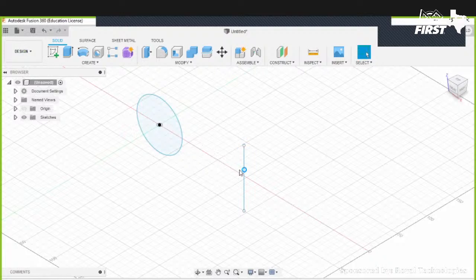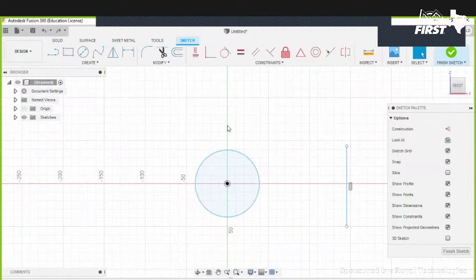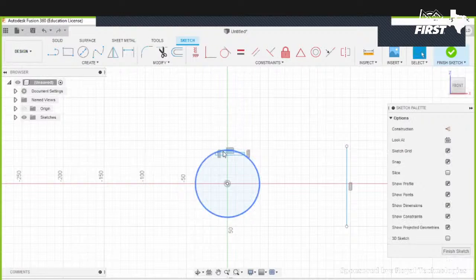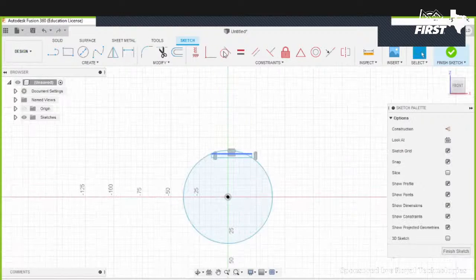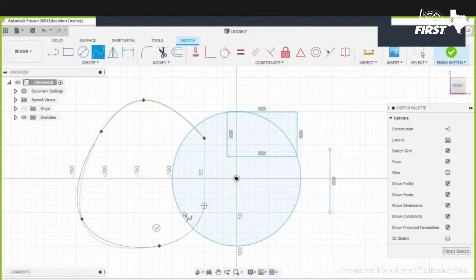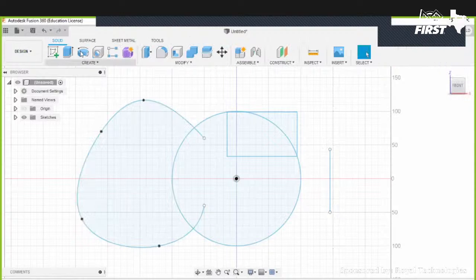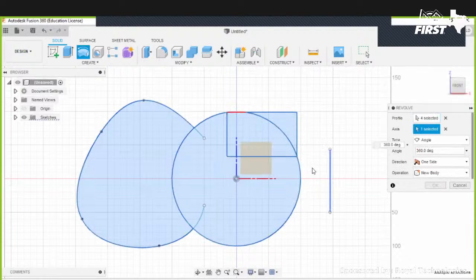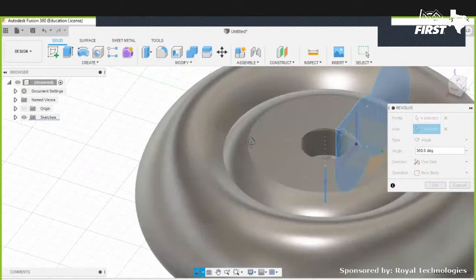And again, you can use any shape. So let's get something a little bit more interesting. Let's go ahead and get a box, maybe from there to there. We'll pull it up. Oh, let's try pulling that up a bit. I'm just kind of doing whatever at this point. I can get a spline. I can get any shape that I care for. So I'm going to click that. And now I'm going to make this all one profile. So I'm going to click Revolve. I'll click that, that, and that, and that. Then I can click the axis that I want to spin around. And there we go. Obviously, it's a little bit of a tight axis, but you can see that it creates